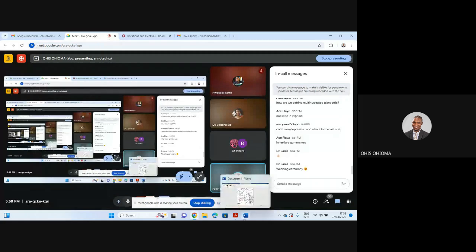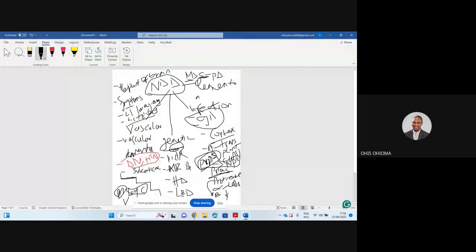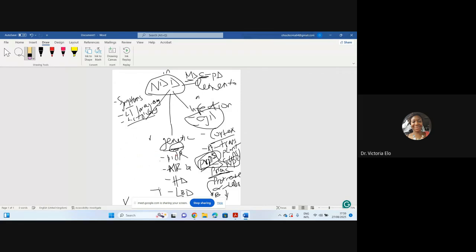Okay, so let's move on to the other ones. These ones are very long. I'll just try to summarize it so that we can try and finish this as much as possible. Doc, sorry, this is neuro. When you load it into the brain, it'll be difficult to comprehend these things.